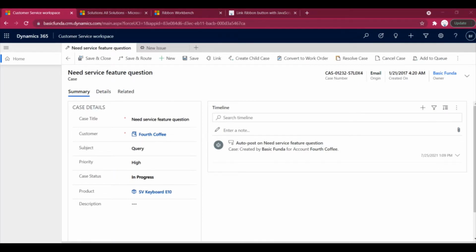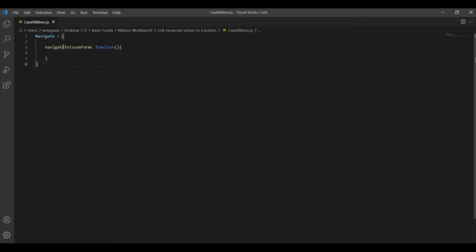So I have created a case ribbon.js file, and in this file what I'm trying to do is add a function. Now in this function only we will write our code. So first what we will do is we have to open issue entity form on click of link button.